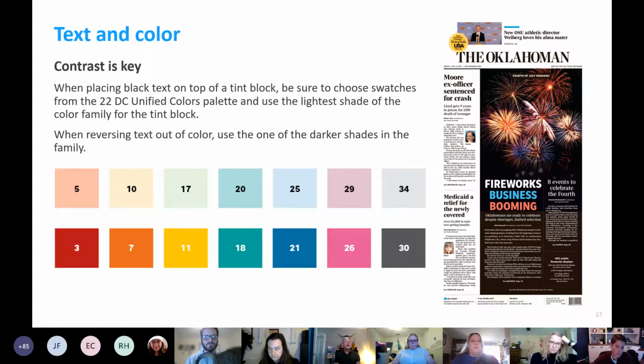If the text is to remain black, go with the lightest shade of that color family. If you're going to reverse text, go with the darkest shades. And always be wary of trying to sample colors out of a photo for backgrounds, especially dark ones, which will most likely include all 4 color plates. The saturation of inks on paper can be greater than presses can handle effectively, and the color basically turns to mush. And if there is reverse text, the inks bleed so that the text can fill in, making it illegible. For those reasons, it's always best to use a DC unified color option.